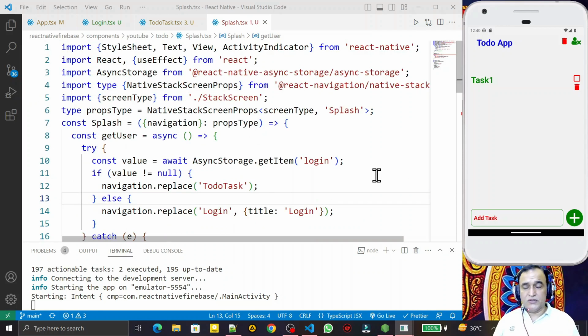So in these 5 to 6 videos I have tried to explain how you can make a professional application step by step, how you can add your requirements to your application, whatever you require. With the help of the ToDo app, I tried to make you understand how to develop an application in React Native with all the necessary requirements like splash screen, persistency in the application, database handling, real-time database. So many things I have tried to explain in this application, and we will see you in the next applications